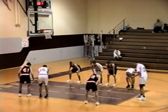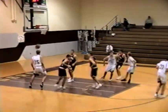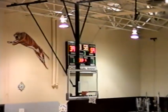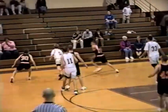Well, Acker doing some good foul shooting here. He had a 3-shot foul, and he's made 2 of them so far, and 3 of them. So he made all 3. 39-59. Trojans by 23. 58 seconds left here in the third quarter. Here's Dietrich. Chad over there for